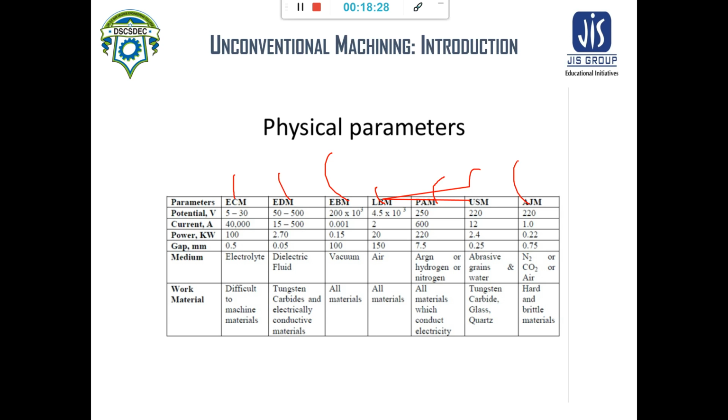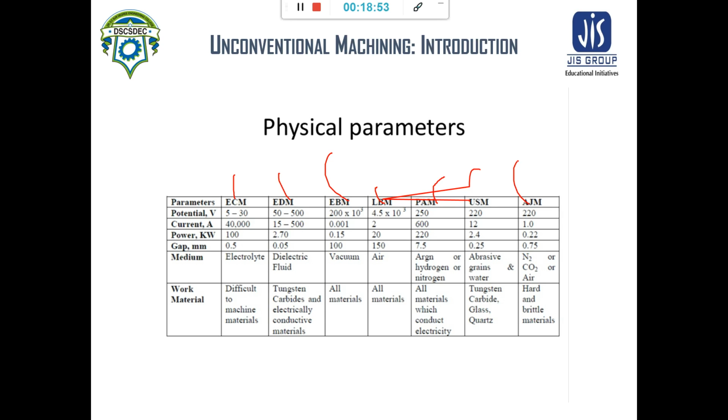For electron beam machining the gap can be 1000 mm. For laser beam machining the gap can be 150 mm. For plasma arc machining this gap can be 7.5 mm. For ultrasonic machining this gap can be 0.25 mm, and for abrasive jet machining this gap can be 0.75